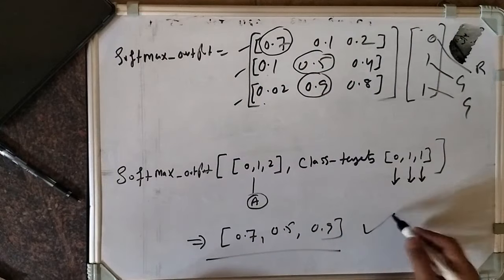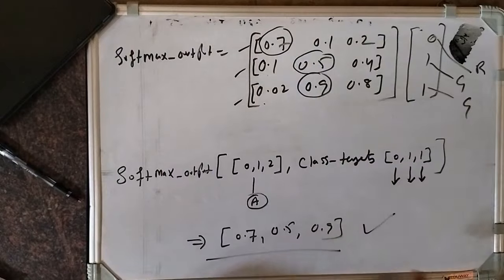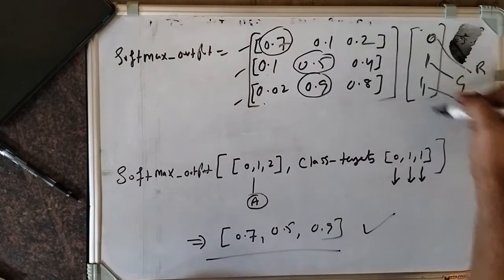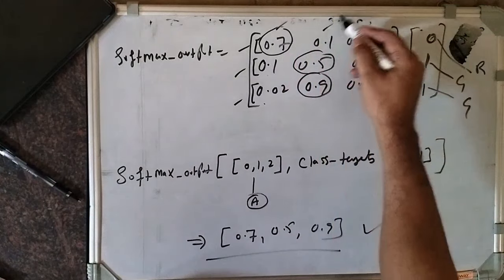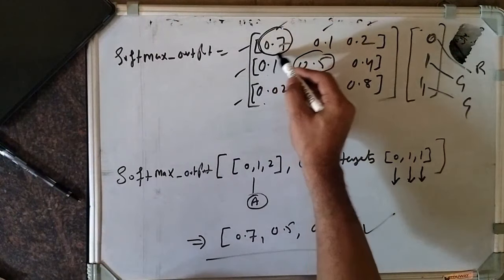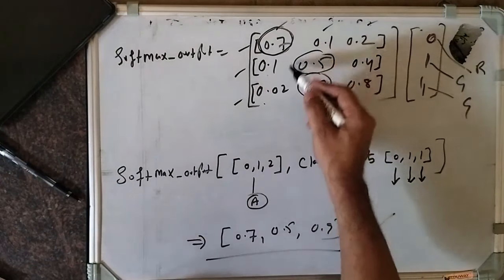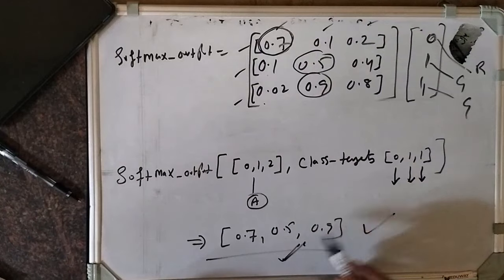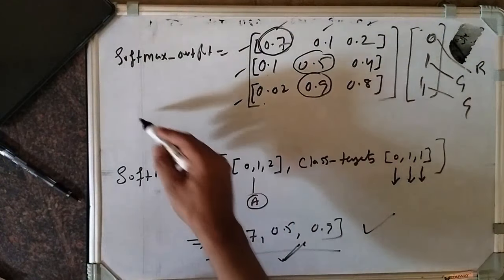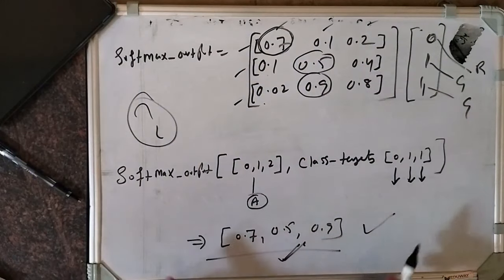By the help of this I reduce the space complexity in my code, because my target is 0 1 1. My target is this. First is red, green, blue. I want red. Red is 0.7. Green is 0.5. Green is 0.9. So my focus is here. Why would I focus on the others? What is the need? So to reduce the space complexity, I did this.